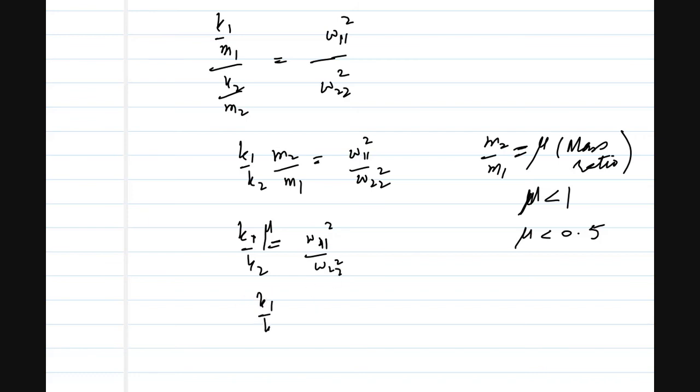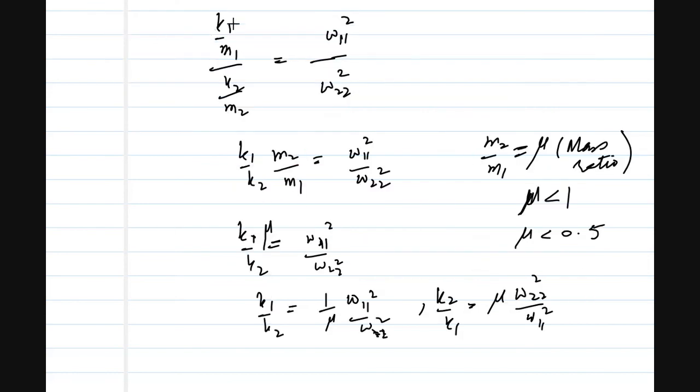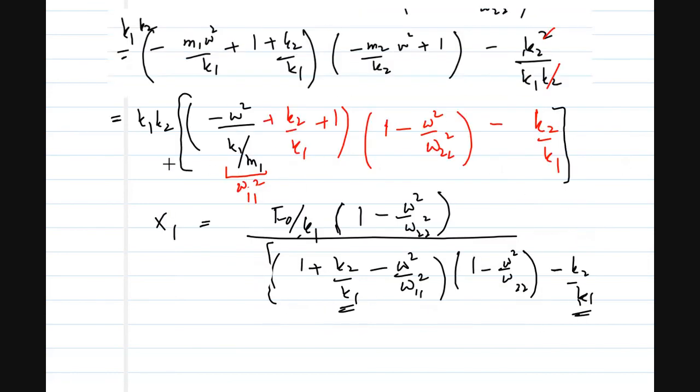So k1 over k2 is equal to 1 over mu times omega 1 square over omega 2 square, because we are interested in k2 over k1. So k2 over k1 is nothing but mu into omega 2 square over omega 1 square. This is the value of k2 over k1. Just put this value in the previous equation, so I just take this equation,